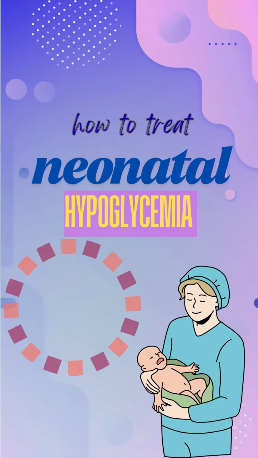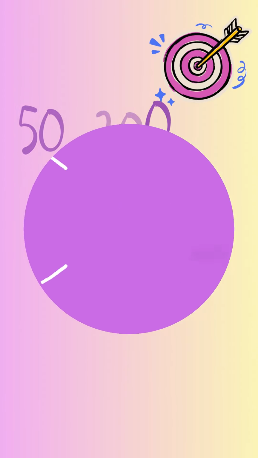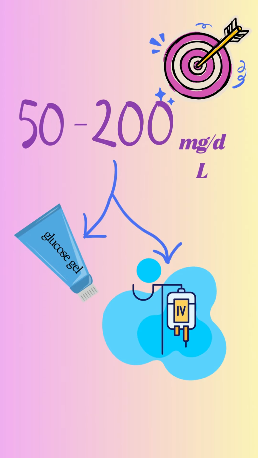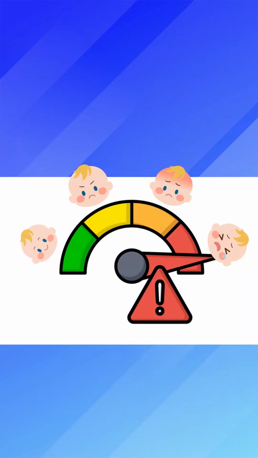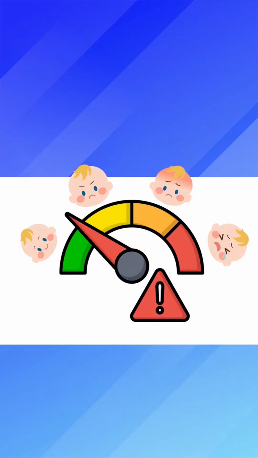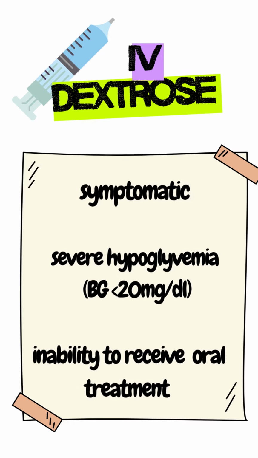Neonatal hypoglycemia is defined as a blood glucose of less than 40 milligrams per deciliter. There are basically two core treatment pathways: oral treatment with glucose gel or intravenous treatment with a dextrose solution. The route chosen depends on the severity. IV dextrose is used in neonates who are symptomatic or asymptomatic with severe hypoglycemia, or they are unable to receive